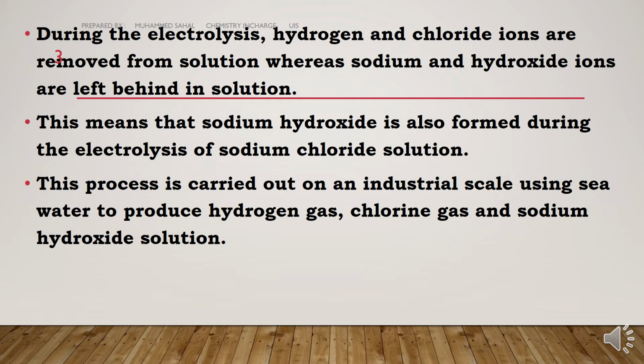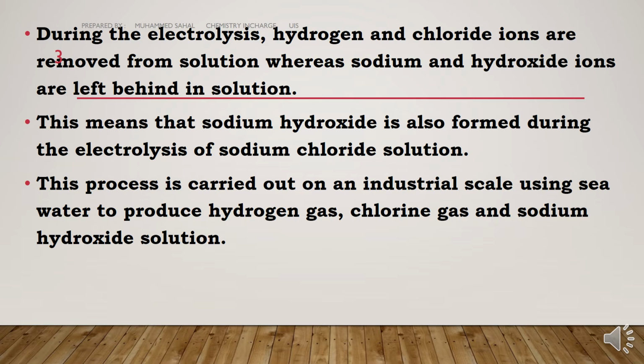Now we will discuss the uses. First of all, uses of sodium hydroxide. Sodium hydroxide is used in the soap industry, that is for making soap, the paper industry, extraction of aluminium, preparation of organic and inorganic sodium salts, effluent treatment, and the textile industry, for example rayon and the wool industry.